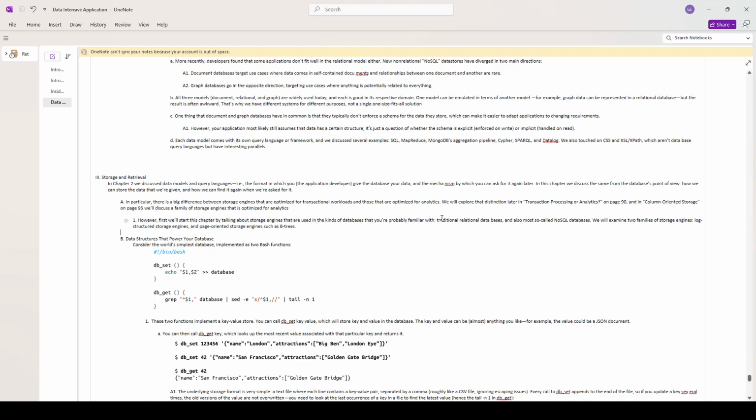In particular, there's a big difference between storage engines that are optimized for transactional workloads and those that are optimized for analytics. We will explore that distinction later in transaction processing or analytics and in column-oriented storage. We'll discuss a family of storage engines that is optimized for analytics. So there are two ways for us to query and store data: analytics and transactional database storage engines. We will discuss both